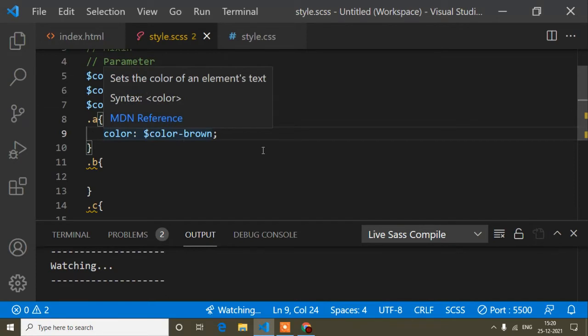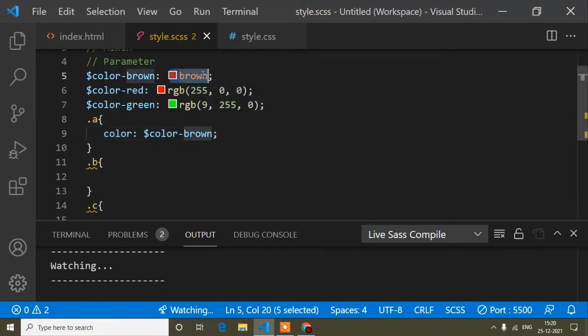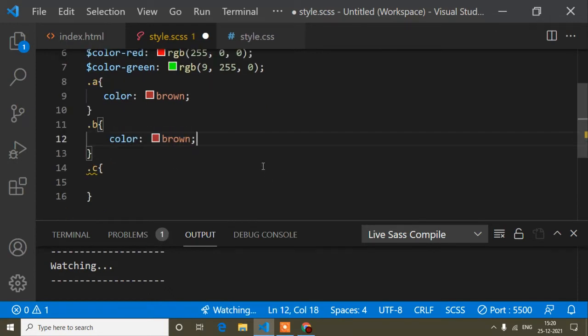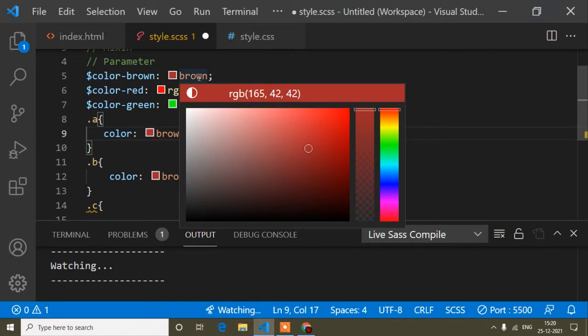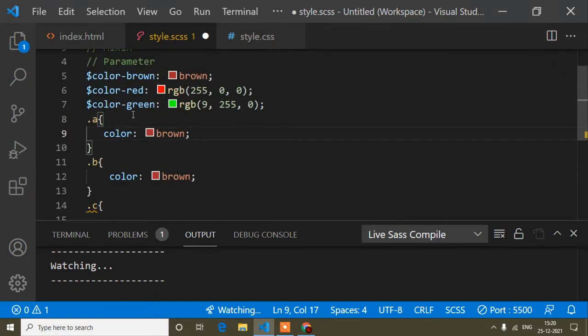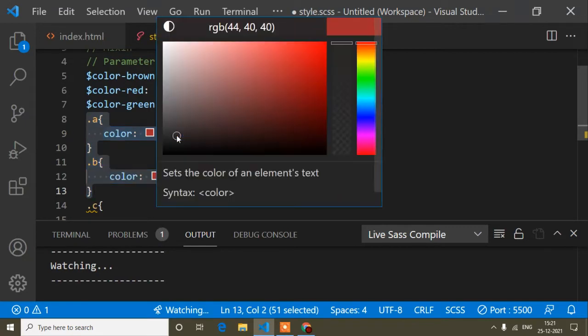Because guys, you might think that if I write brown color here also, it would be the same thing. Suppose you've written this color here too, and you need to change the brown color. After you've created your CSS file, the client says this brown color will be changed to some other color, yellow, right? Now it's a very simple thing, a and b, two classes where I have used this brown color.